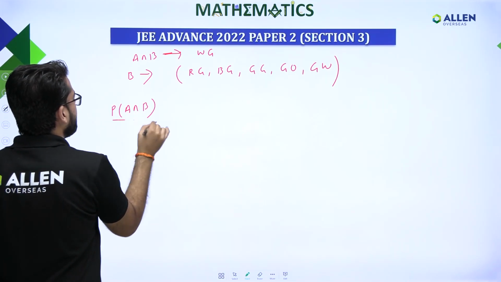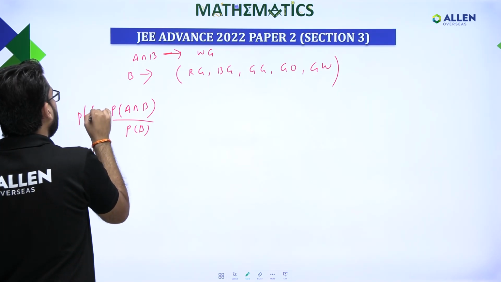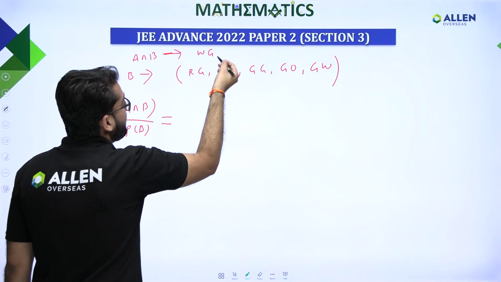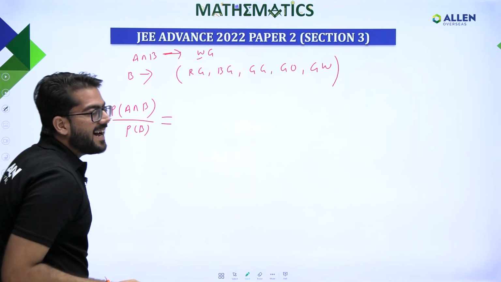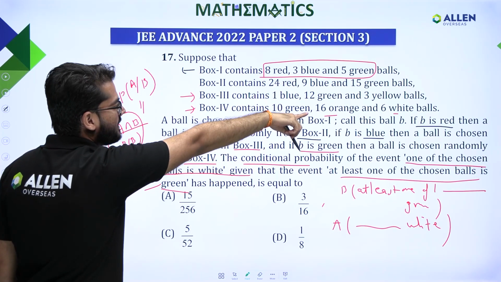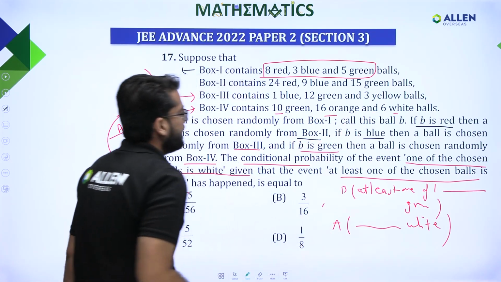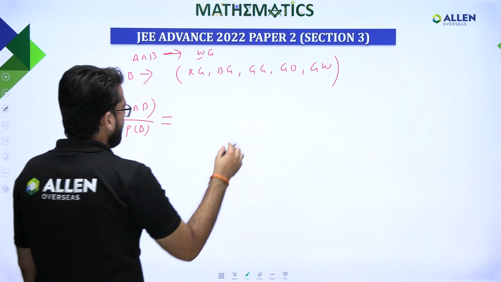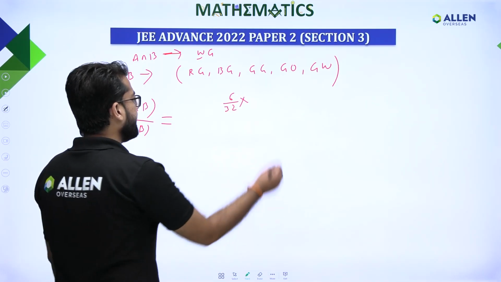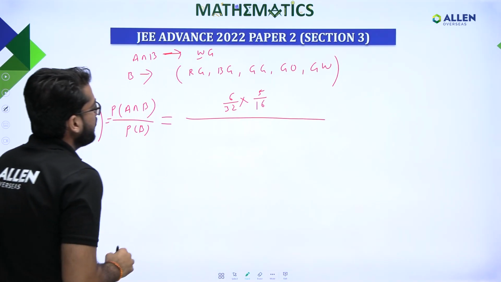P of A intersection B upon P of B we can find, because this is the conditional probability A by B that we have. In the intersection B we have white and green, and the probability to pick the white ball, that is what, where is the white ball? White ball, here it is, that is 6 upon 10, 16, 6, that is 32, right, 6 by 32 into 6 by 32, and we have the next one, that is 5 by 16,